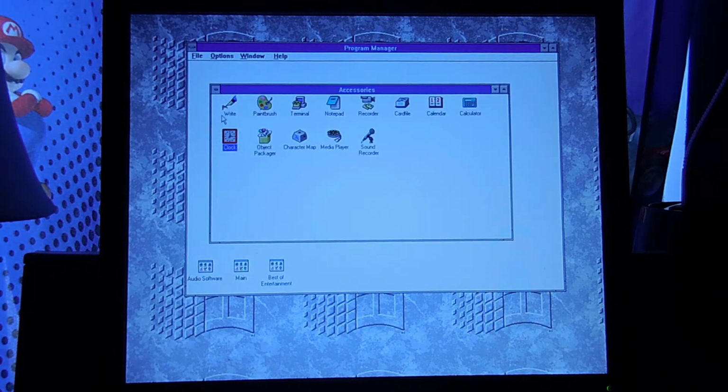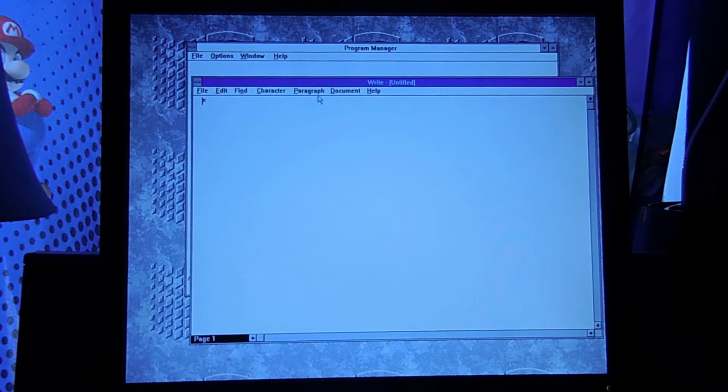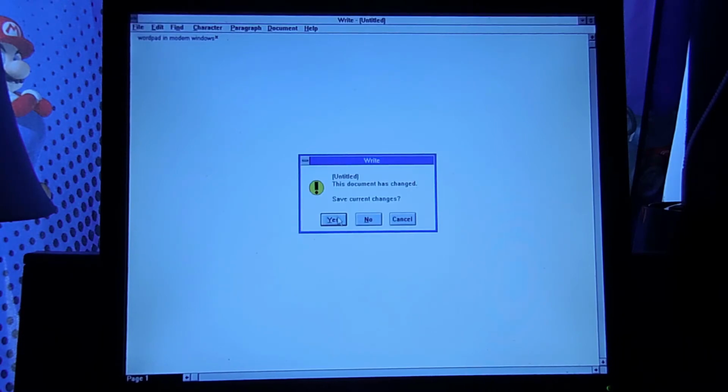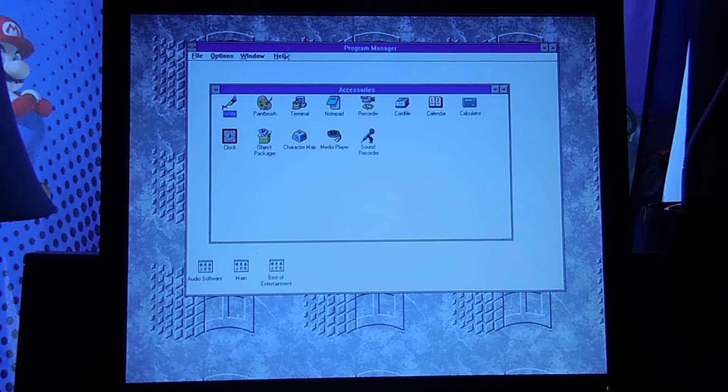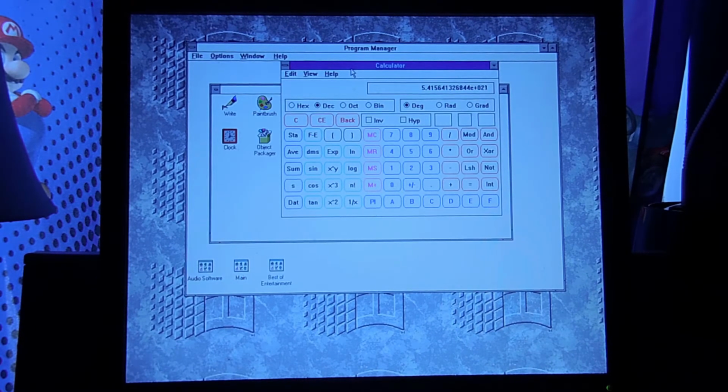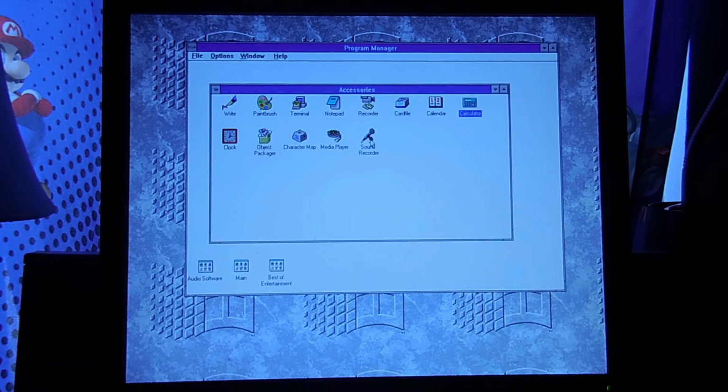See here, accessories, got Windows Write, which is basically WordPad in modern Windows. Very basic. And I just realized that my monitor is not aligned correctly. Got a calculator, which, you know, you can use numbers, stuff. Do have sound recorder, which if I wanted to, I can...